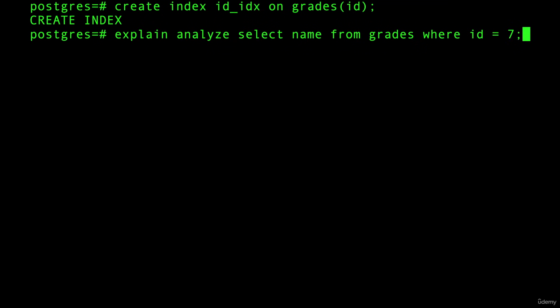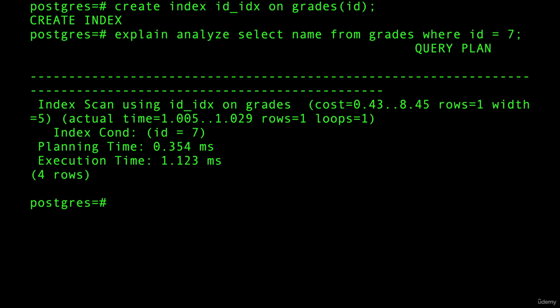So let's do the same exact thing on this table. And just like that, we went from 400 milliseconds to 1 millisecond with the index. And look at this. It says index scan. I want to differentiate between index scan and index only scan. We're going to come to that next. It is an index scan